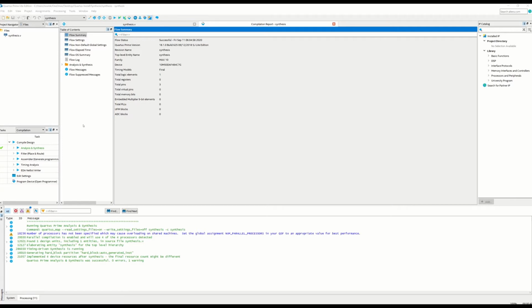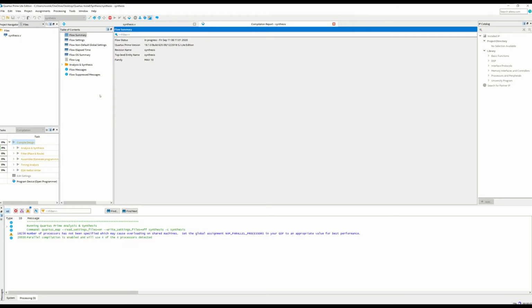One of it is just pressing compile design right here in the task window, or you can go to the processing menu and choose start compilation, or just hit Ctrl L. You can also hit this particular button here that basically starts compilation. So let's just do it in the tasks window. I just double hit compile design, and that should basically start compiling the design for me. And once that is done, I should basically be ready to put things into my board now.